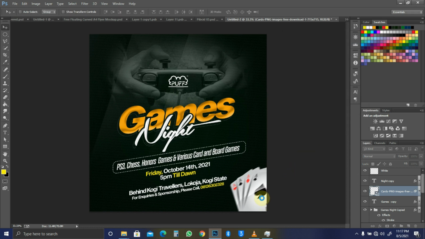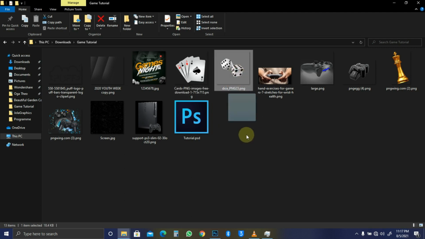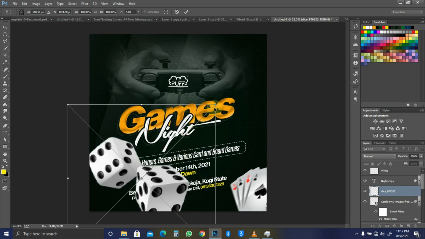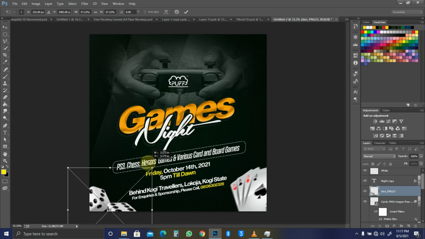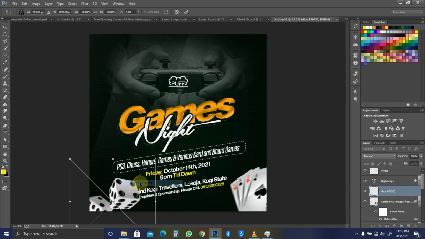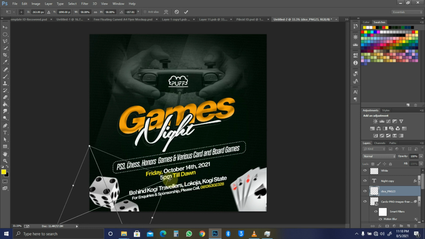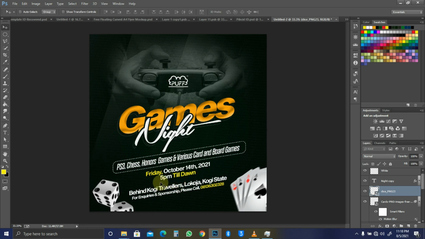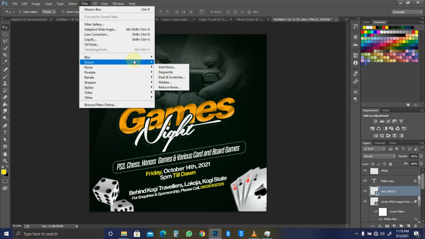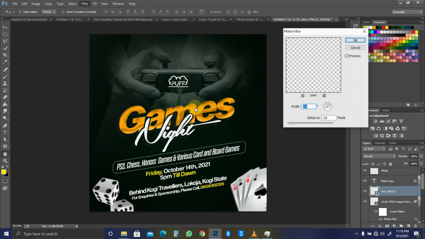Yeah, so if we would have this right here, and then this dice is over here, we could just bring it here also, and then reduce the size till we get something like this. We could just actually scale it, transform it like so, and then rotate it. Okay, and then apply this motion blur to it. Yeah, something like this,